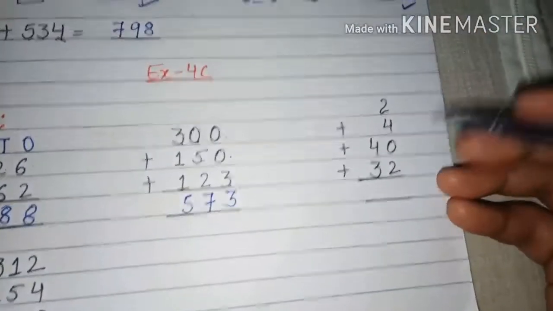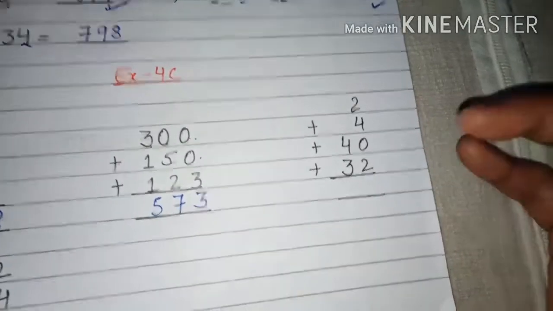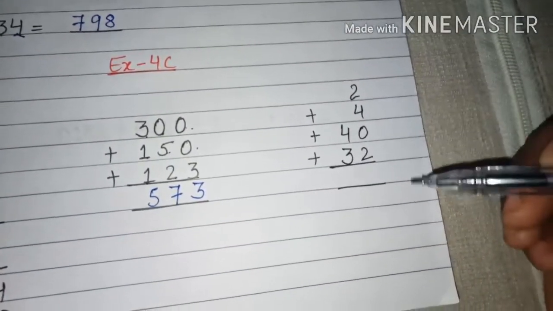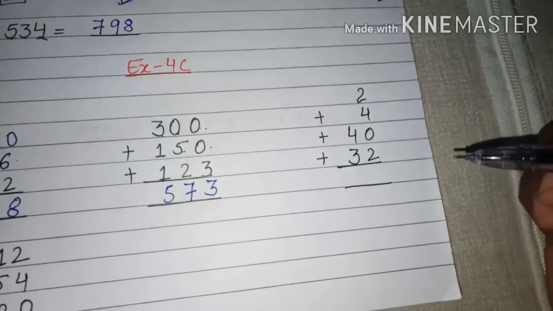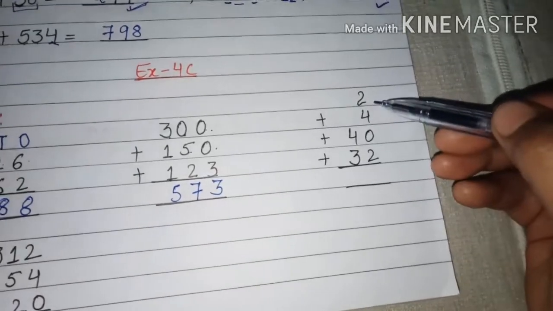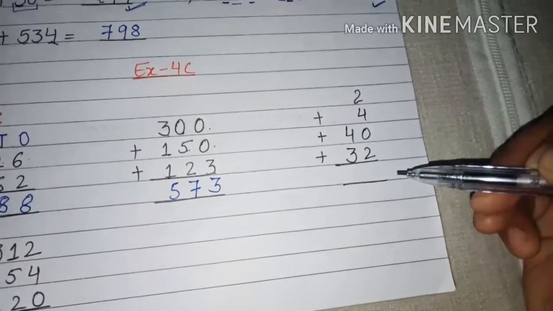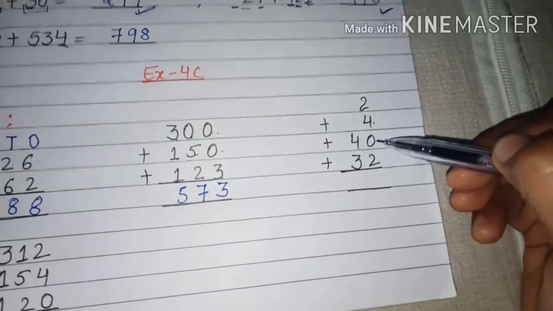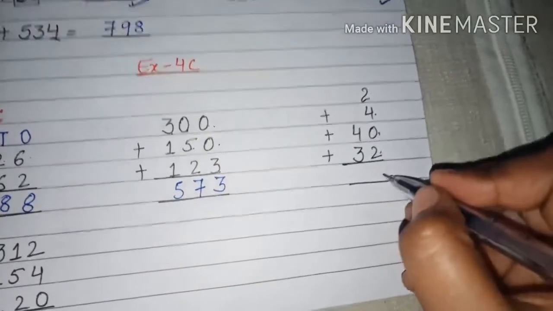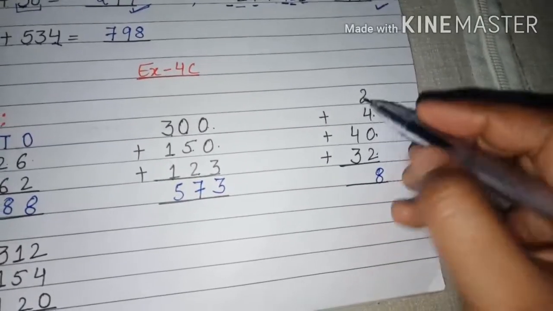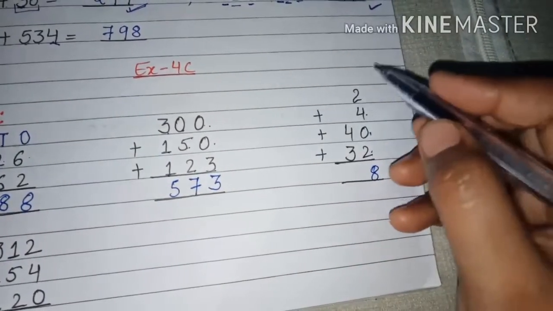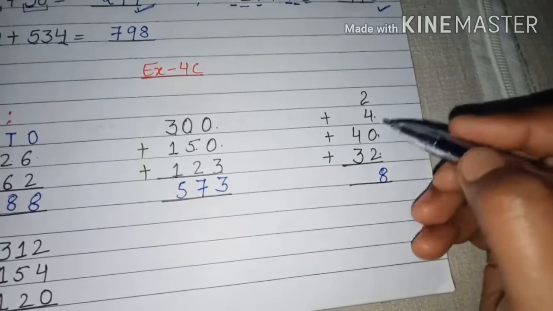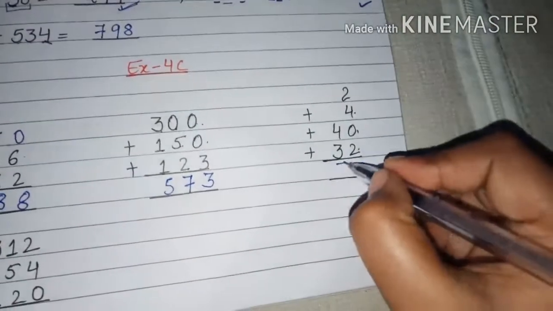Okay. Now this question is different. You have a 1-digit number also and you have a 2-digit number also. So what should you do? You will add the ones digit place first. 2 plus 4 is 6, 6 plus 0 again 6, 6 plus 2 is 8. Now you don't have any digit, so consider them 0. 0, 0, 0 hota hai. 4 plus 3 is 7. You will get the right answer.